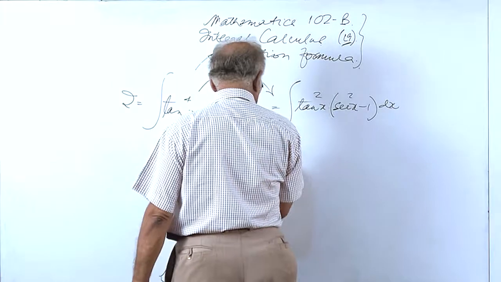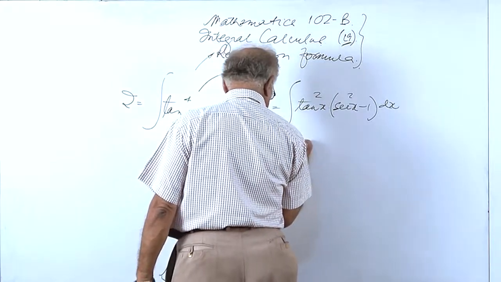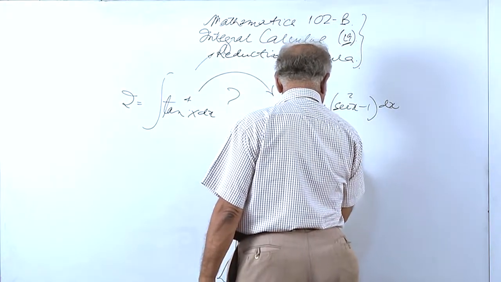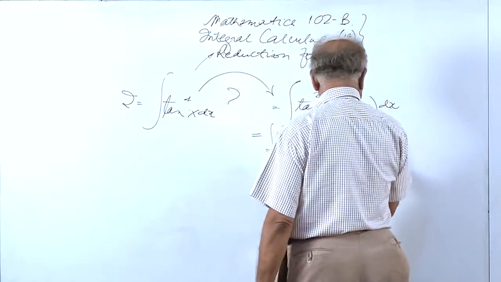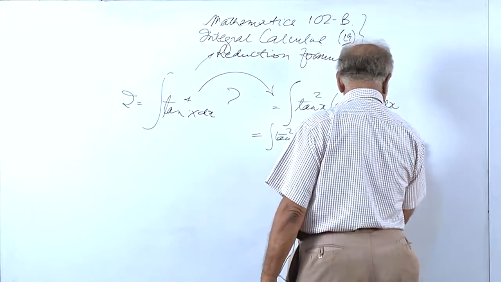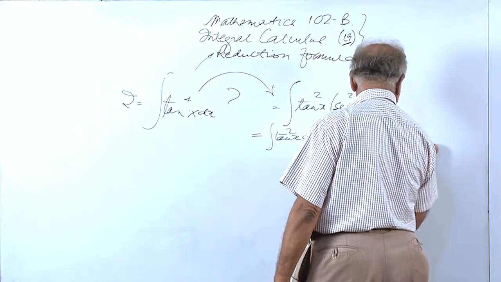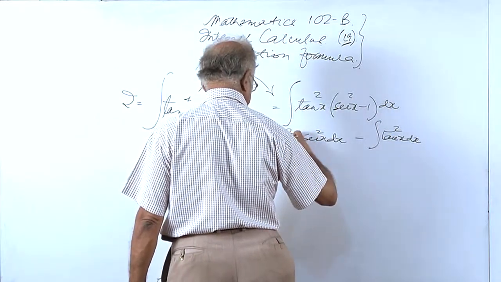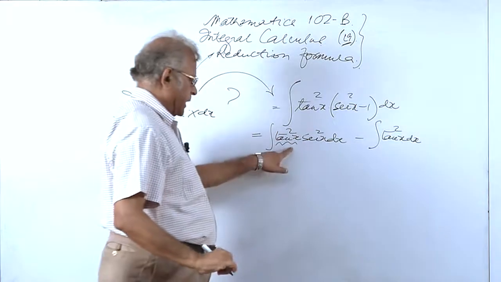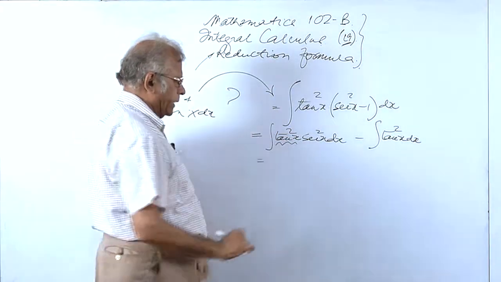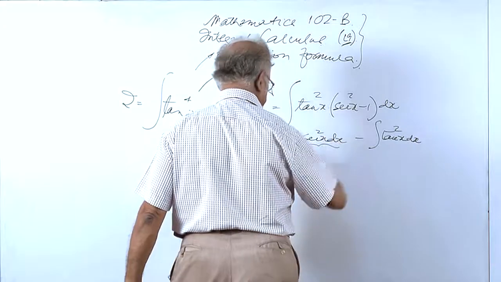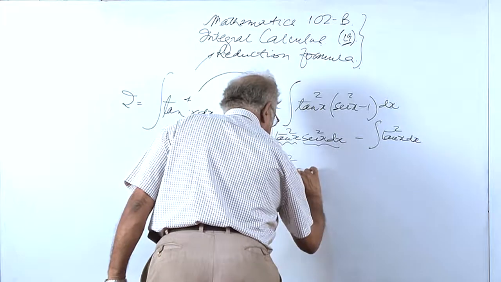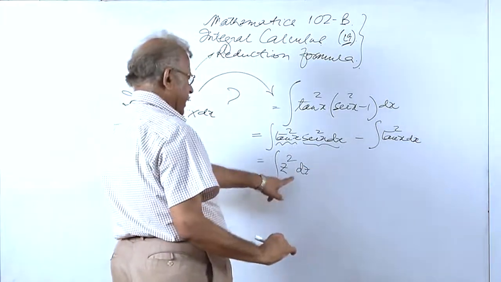Now this is nothing but tan square x sec square x dx minus tan square x. Now here this can be seen that if I substitute z for tan x, this is z square and this is nothing but dz. So this is z square dz. What is z? z is nothing but tan x